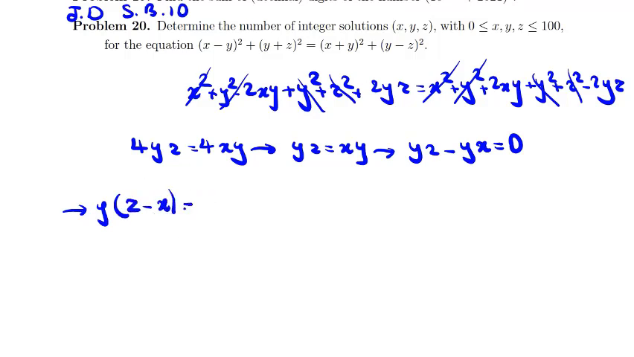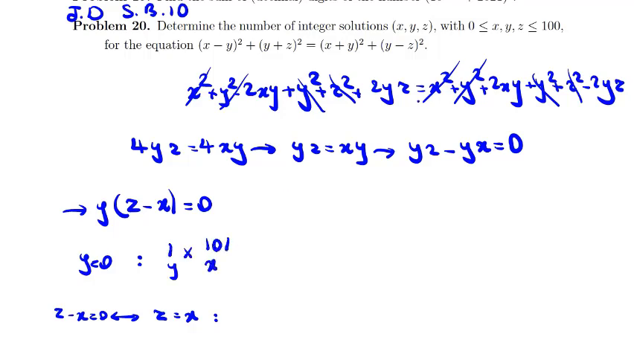And then we can say what? We have two cases. In how many cases does y equal 0? In how many cases does z minus x equal 0, which is equivalent to z equals x? And we should subtract the common cases because we count them twice. How many cases is y 0? So y has one case only, y is 0. x has 101 cases because 0 to 100 is 101. And z has 101 cases, so